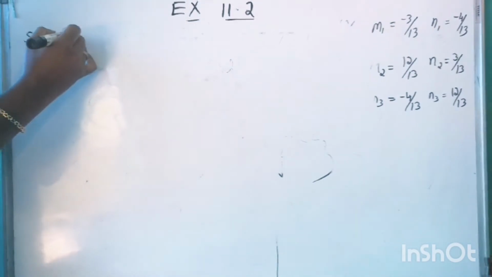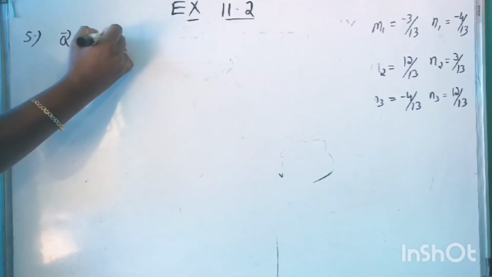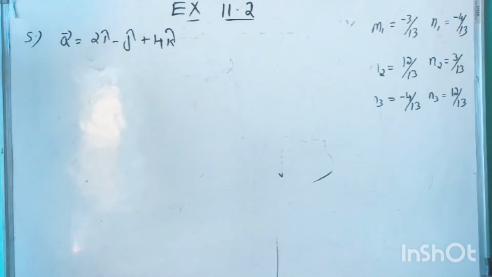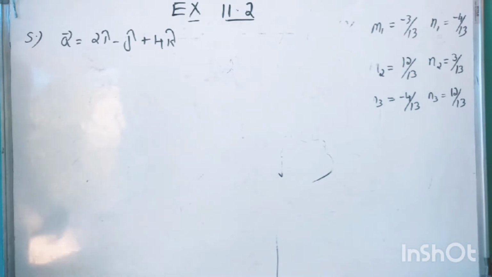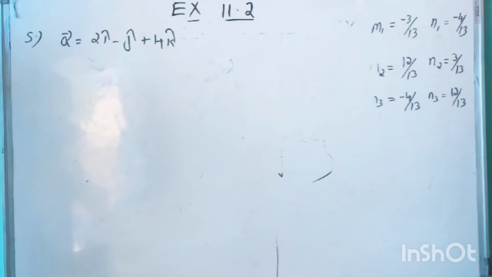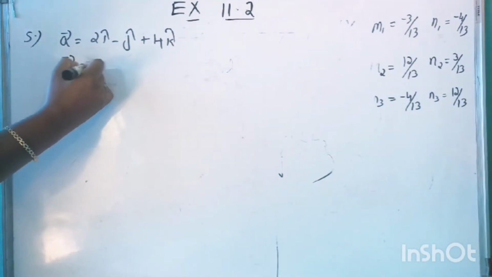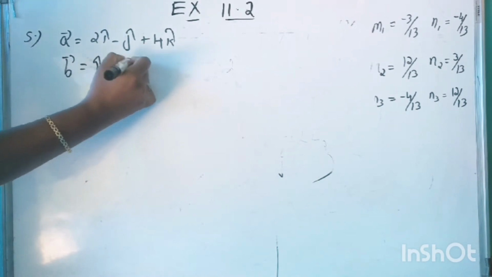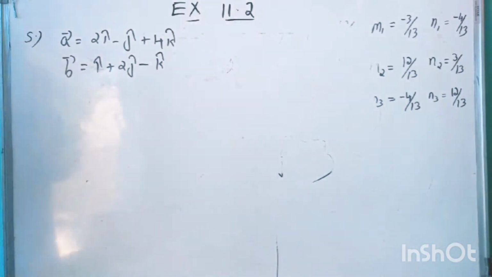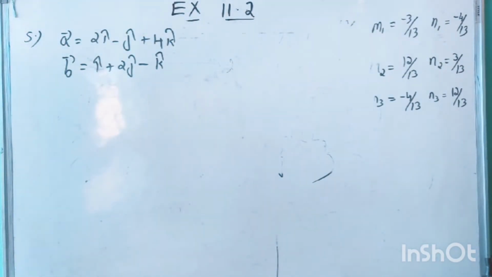So the position vector is given, that is our A vector, 2i cap minus j cap plus 4k cap. This is our position vector A vector. And in the direction i cap plus 2j cap minus k cap. In the direction means a parallel vector. So B vector is equal to i cap plus 2j cap minus k cap. So we got our A vector and B vector. But in this question, we need to find the vector equation and Cartesian equation also.